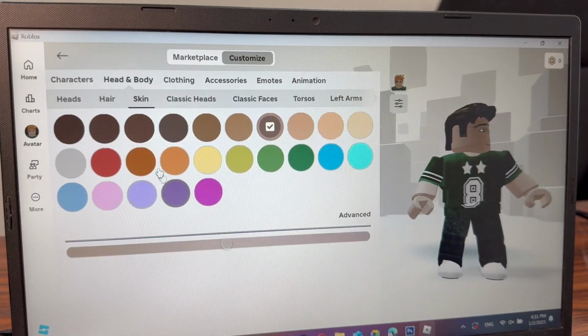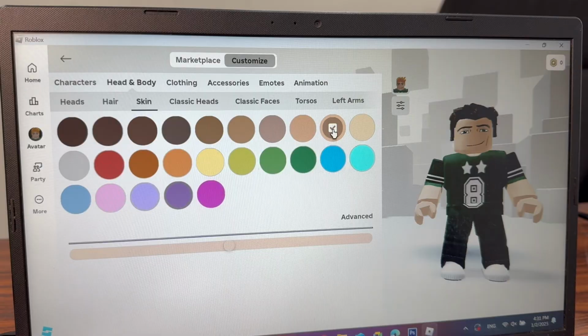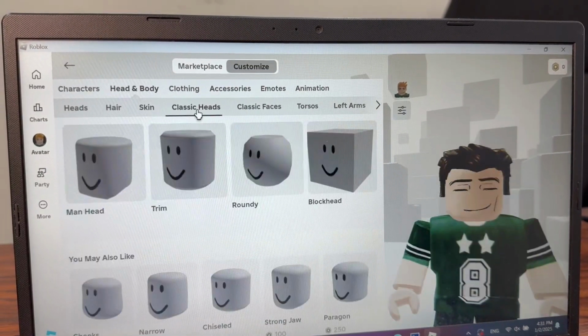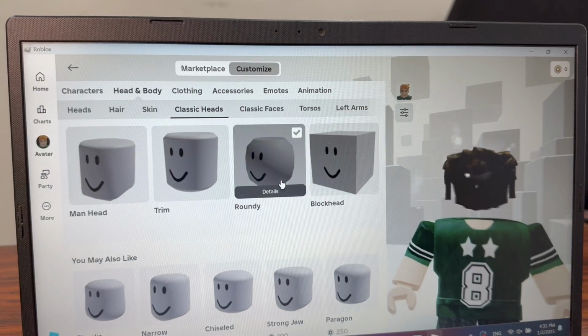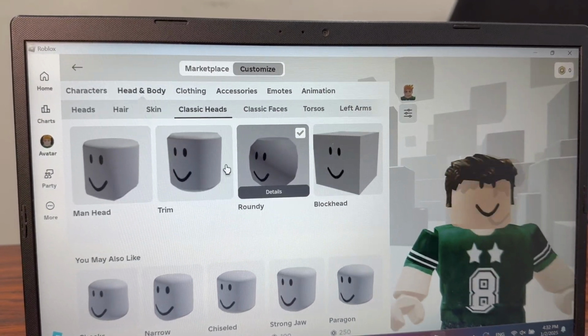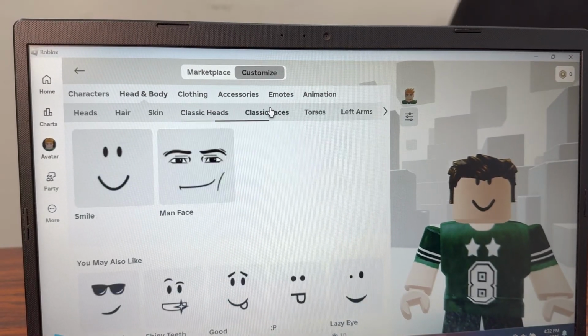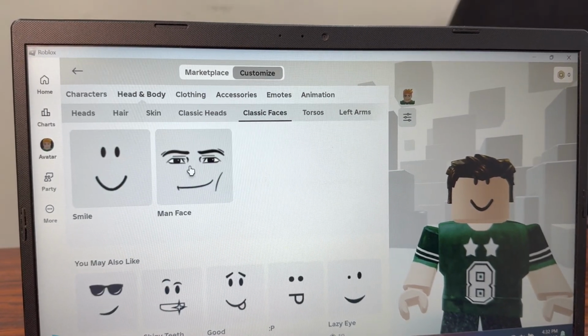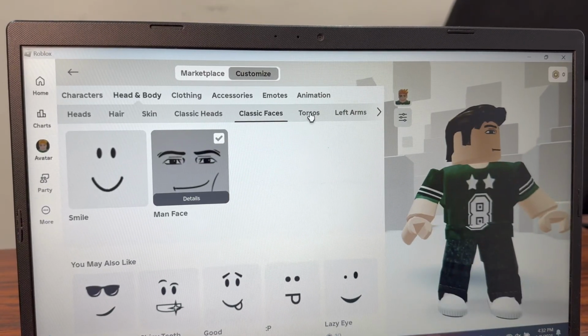You can also change the color of your skin. I'll choose this one and go to classic heads and you can change the shape of your head. For example, if you like this one, click on it or this one. Then go to classic faces and you can choose man face, also torso,